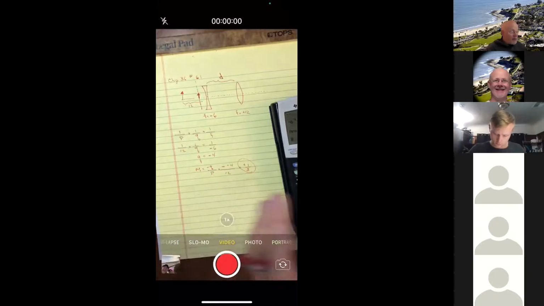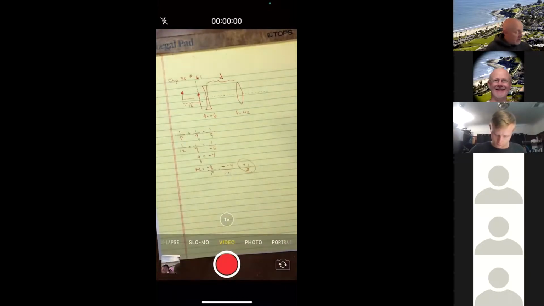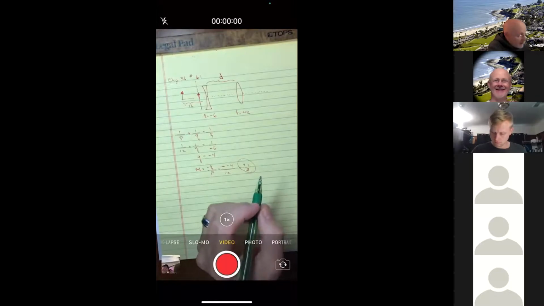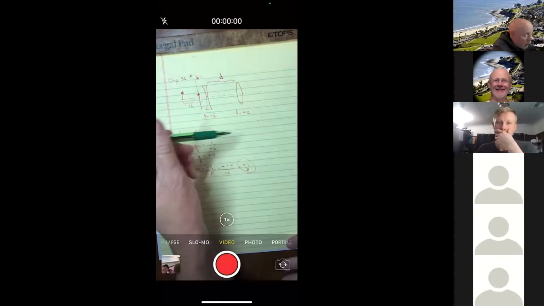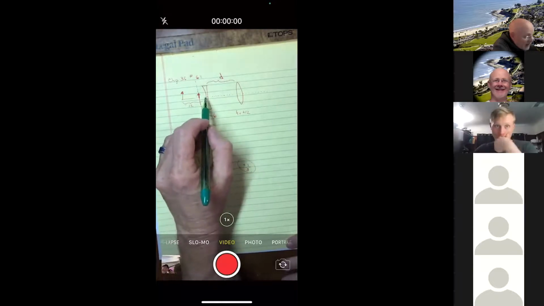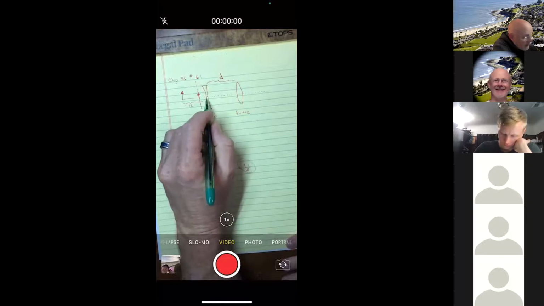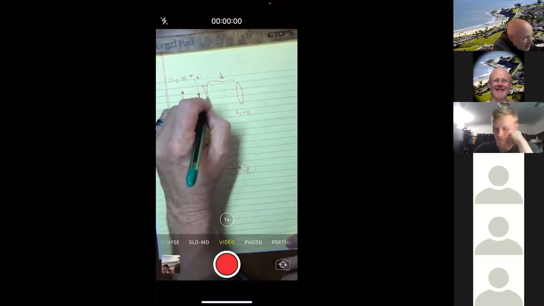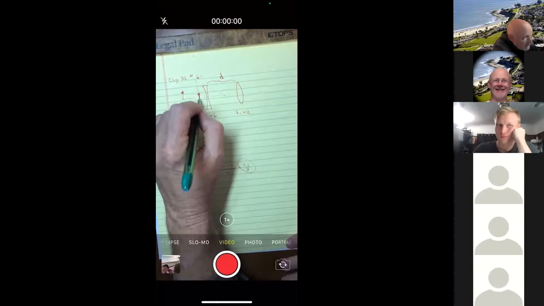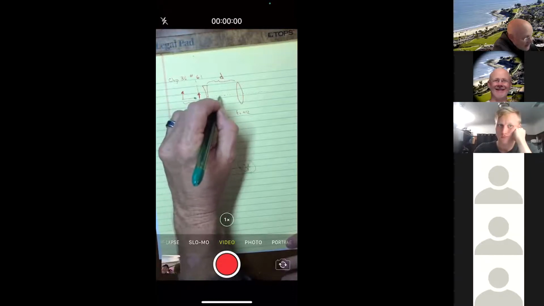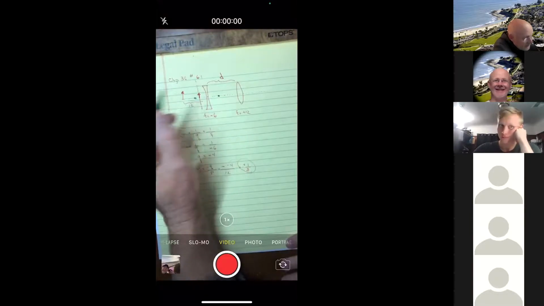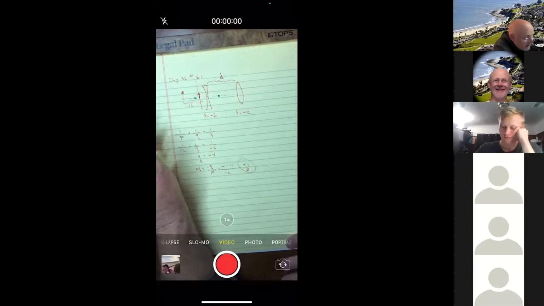Now, before I do the second lens, I'll just do the other part of this problem, which says draw the ray diagram. Okay, so let's see. Maybe I'll draw things in green so that they'll stand out. With a focal length of 6, it means, if this is 4, 6 would be right about here on the left side of the lens, and right about here on the right side of the lens.